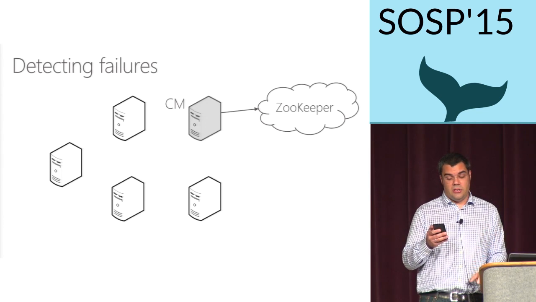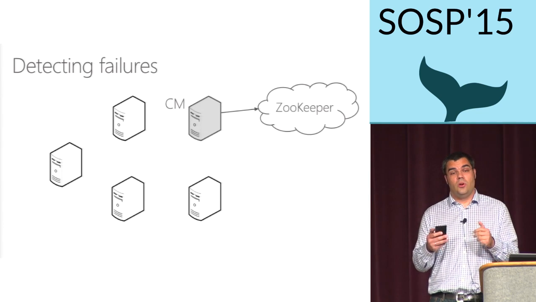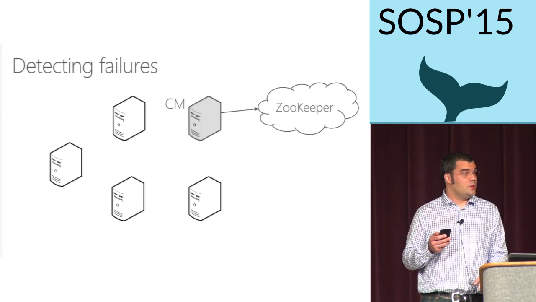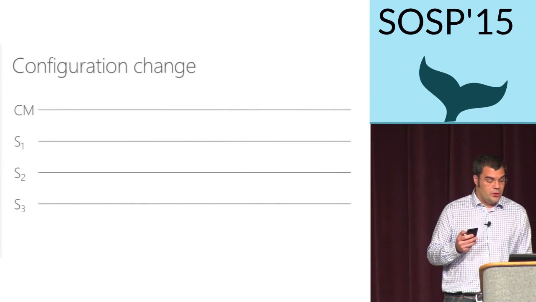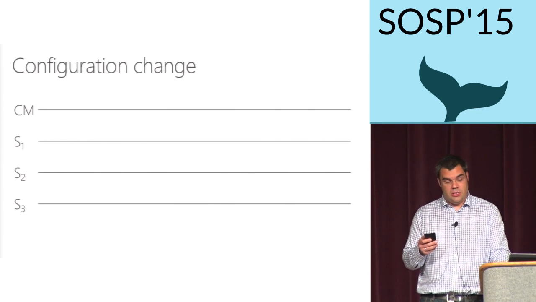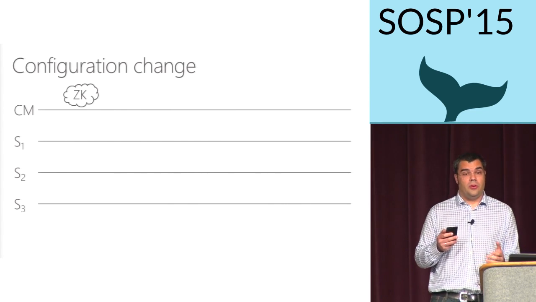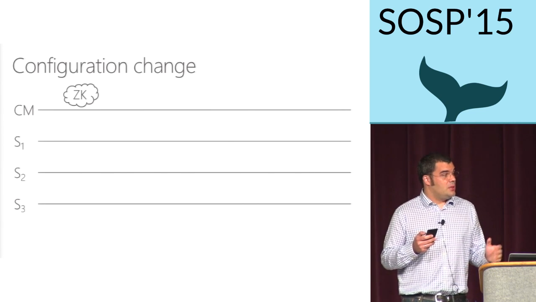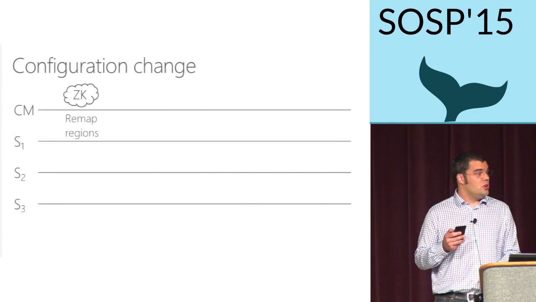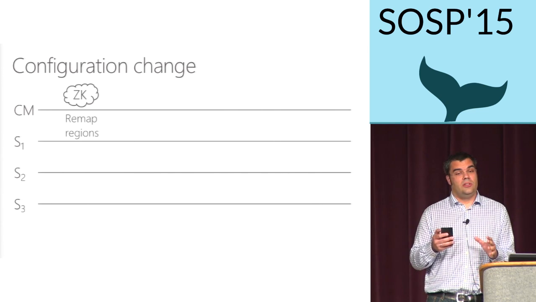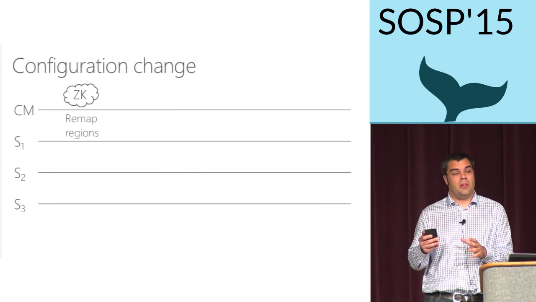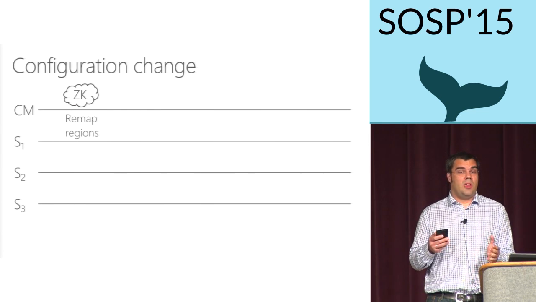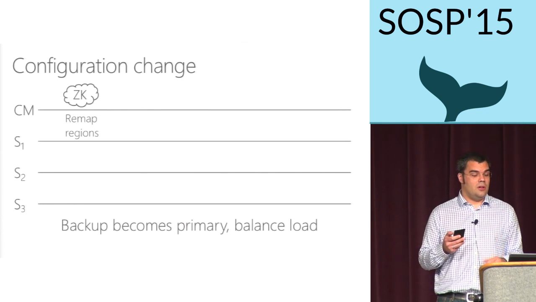And this agreement service is needed for the machines to agree on the membership of the cluster while they're executing, okay? So how does the configuration change work? As I already mentioned, the first step is to write the configuration at this agreement service, at the Zookeeper. At the same time, the configuration manager is also going to remap regions. So all the regions that have lost some replicas because of the failure now need to be remapped. This remapping is done in a way that improves our availability.